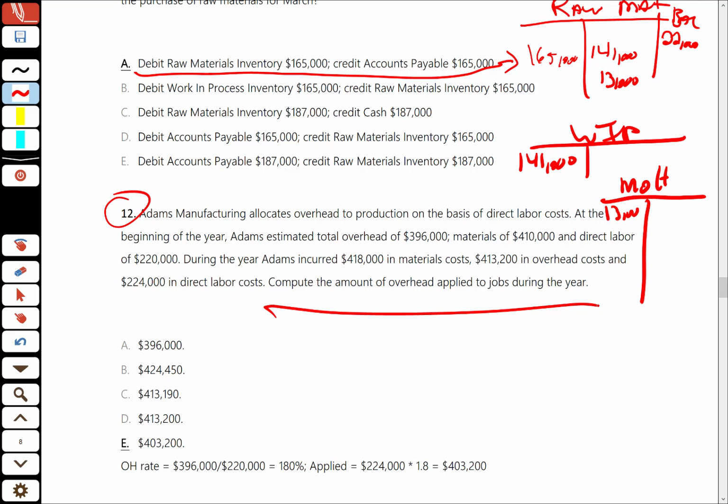So the estimated total overhead is numerator 396. Good. The estimated total overhead, 396,000, numerator. Denominator,